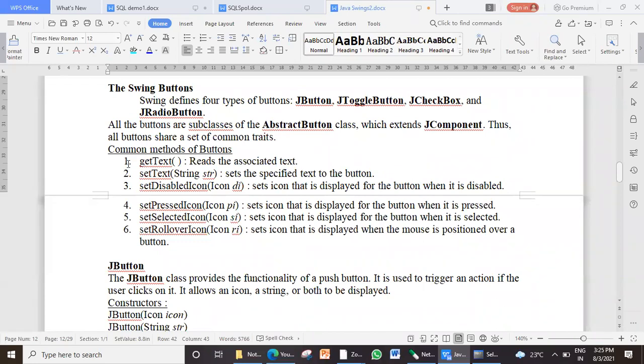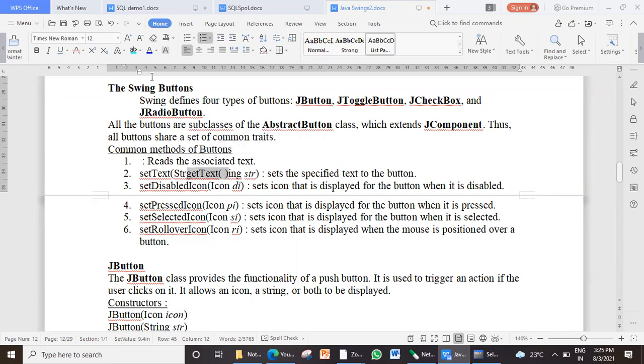So which are the common methods? Again, as I told you, getText and setText. What does getText do? Yes, students, I want you to remain awake. So what does getText do? It gets the text from the component.